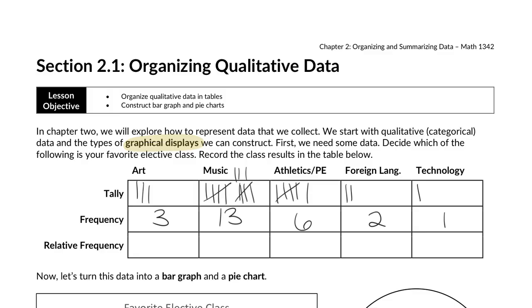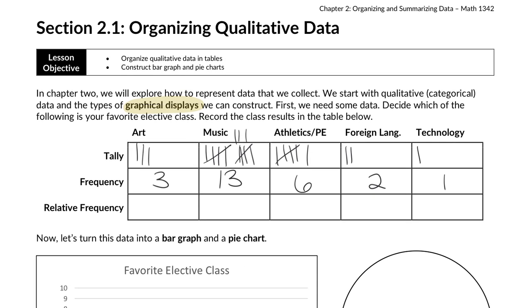The next thing we can do with this information is summarize it using what's called a relative frequency, which tells me how much compared to the whole of the sample that response got. And since it's a part of a whole, that means we're making a fraction. The relative frequency is found by the number of responses you got, or the frequency, divided by the total number of responses we got. And we're going to adjust our answer now that she's back.